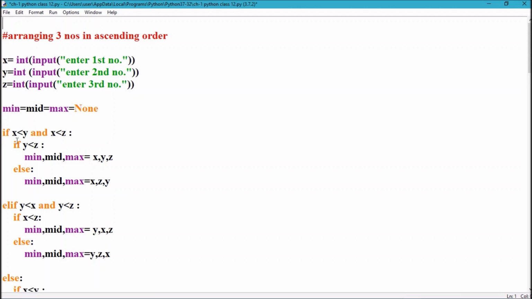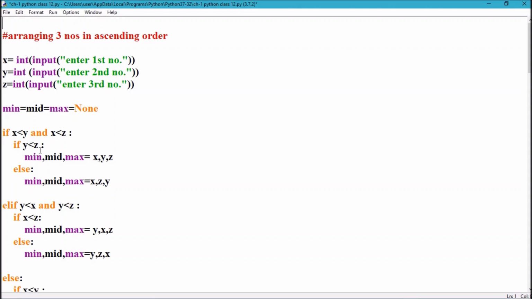How to compare? We will compare x with y, x with z. If x is smaller than y and x is smaller than z, it means x is the minimum number. Then minimum will be x always in both cases.